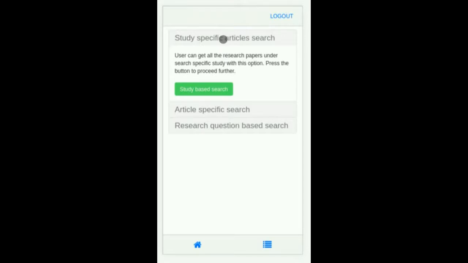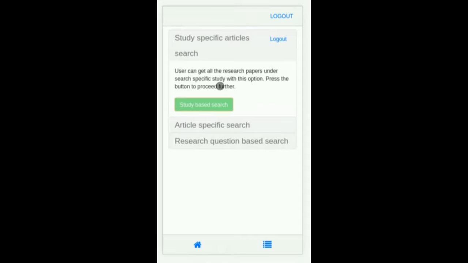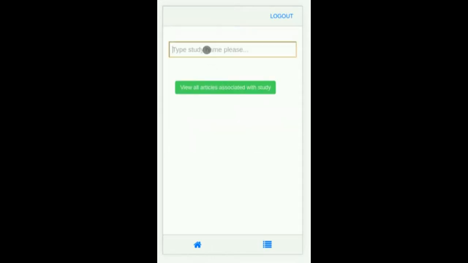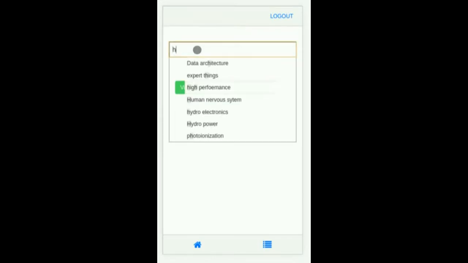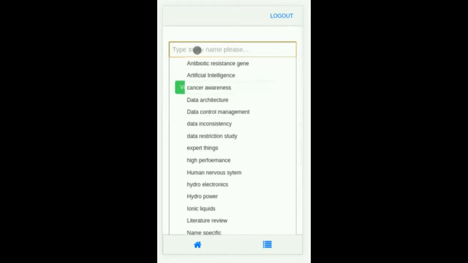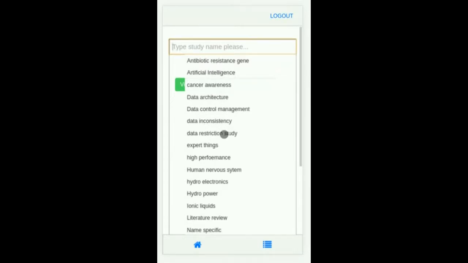In study specific article search, general users can find all the studies which are available in database from here, and according to their desire they can see which articles are associated with these particular